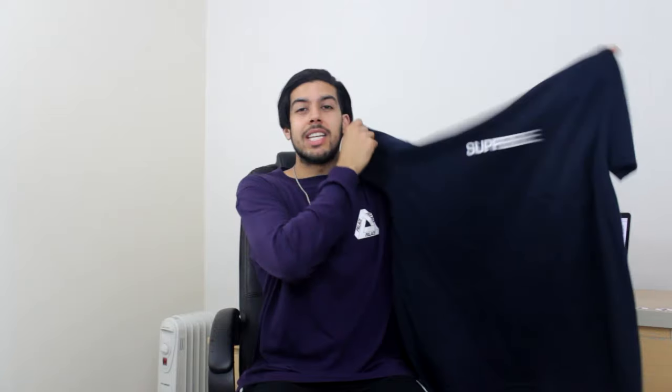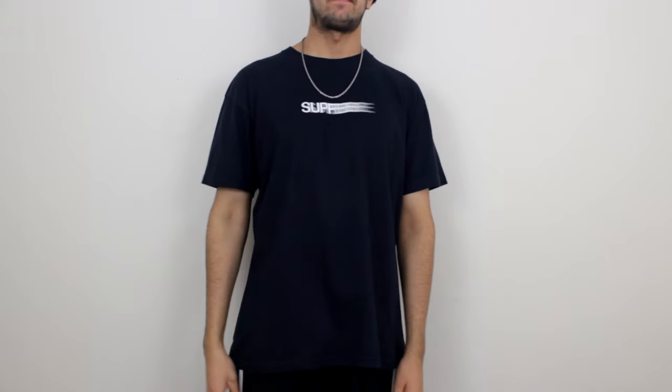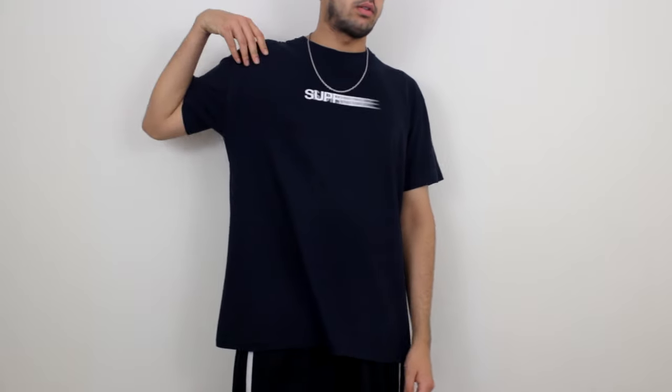Now I did get this in an extra large, which is the biggest sizing that Supreme prints in. I kind of wish they did put in an extra large, just because that fits a lot better on my body. I do like my t-shirts, especially my graphic t-shirts, to fit a little bit baggier. I don't think they'll ever be extending their size range, and I think it'll always range between small to extra large. But this being a staple item, I knew it would fit more to a true to size large, in my case anyway, because a lot of the staple pieces do fit very similar, and I did own the box